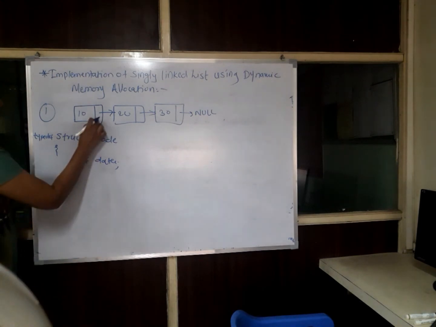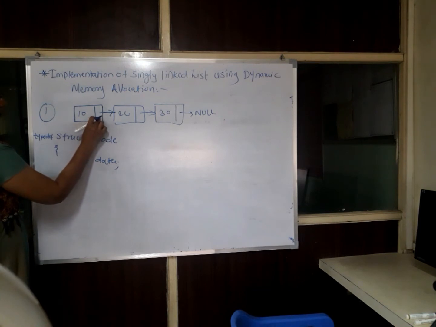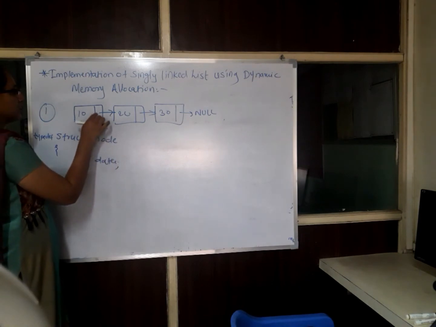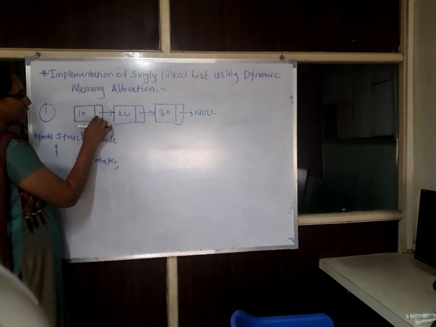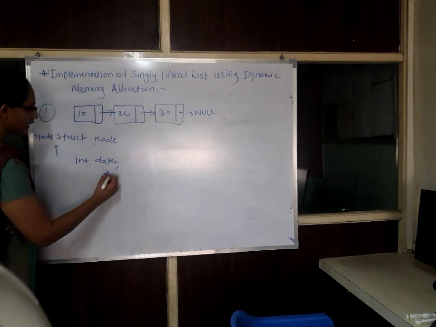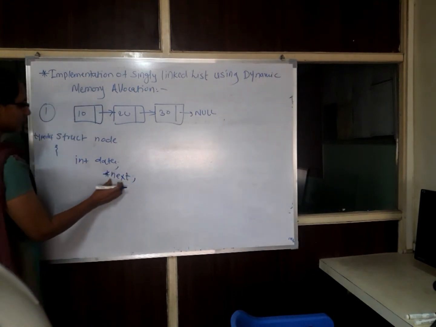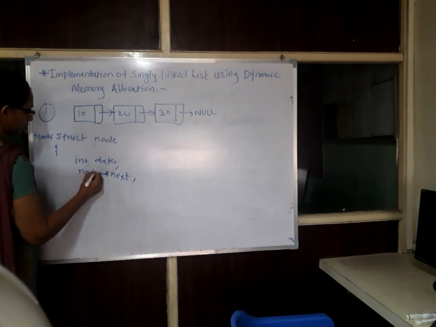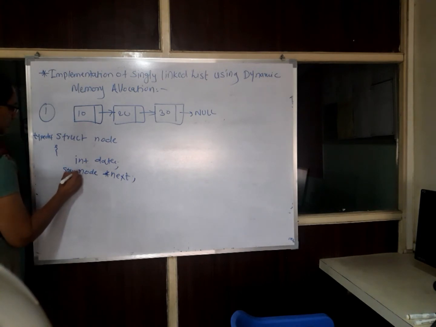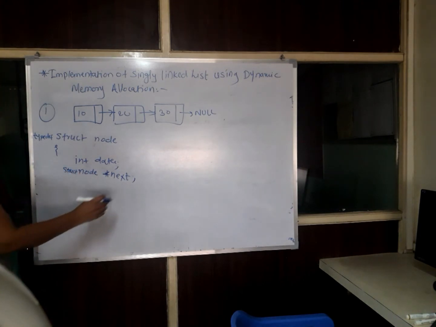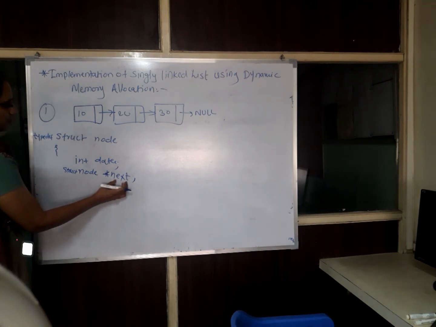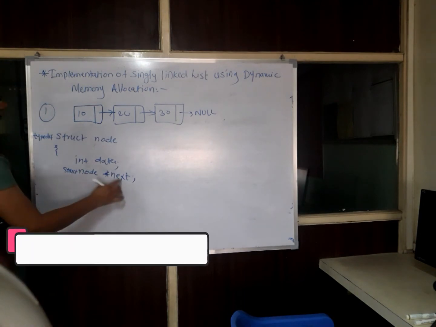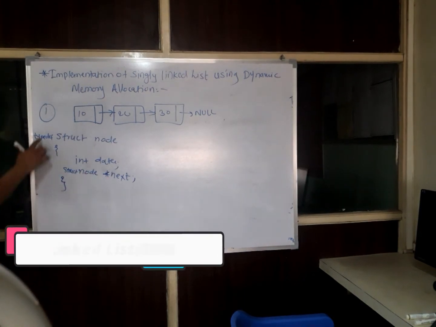The next part is the pointer, which points to the next element in the list. This pointer holds the address of the next node. So here we are taking a pointer variable, suppose next, and this pointer variable holds the address of this node type. So struct node pointer next. Next is a pointer variable which holds an address of which type? Node type. So node pointer next. This is the declaration of node.